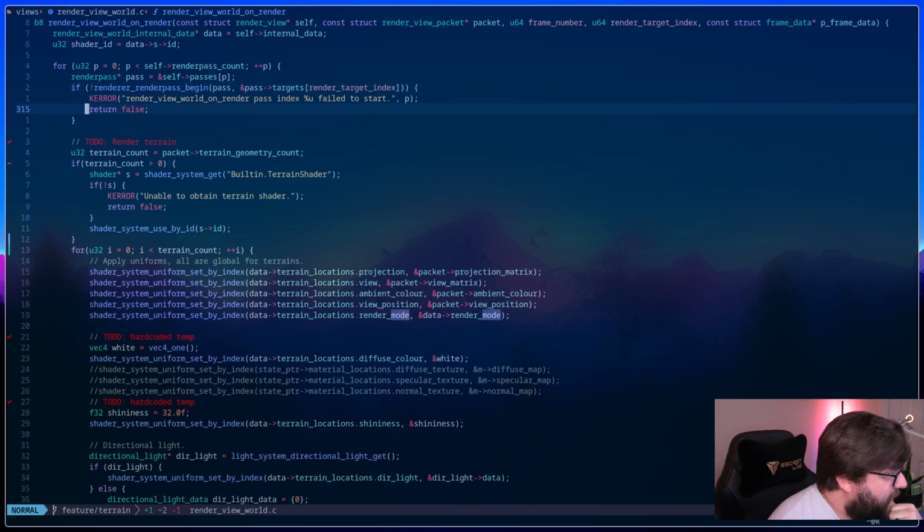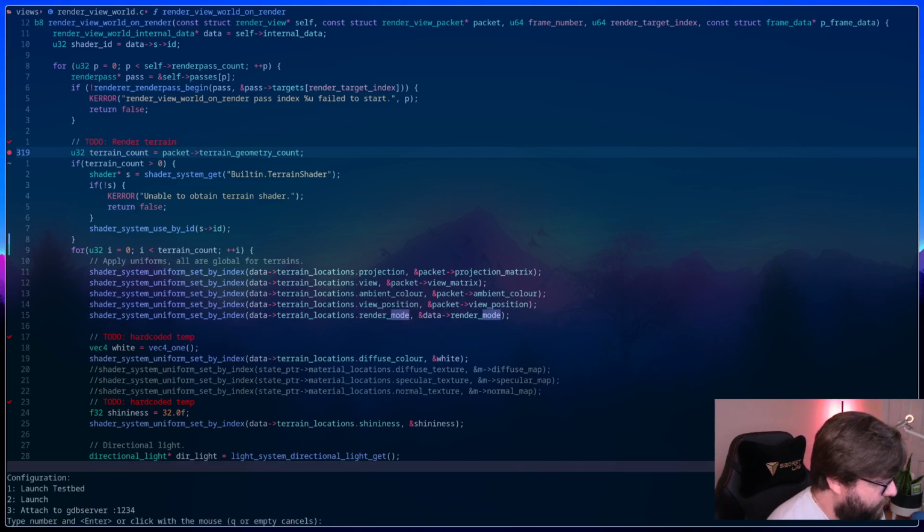So we're beginning the render pass. We do a shader use, which internally should bind the pipeline. I suppose we should probably debug this and step through it and make sure that that is actually doing the thing. So I guess we'll start there. So let's run.